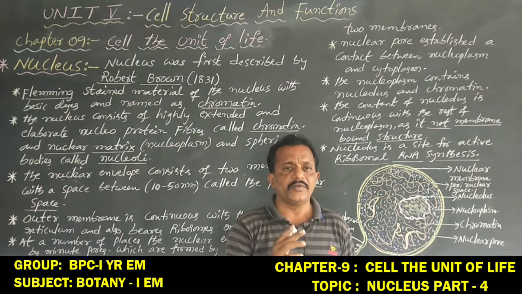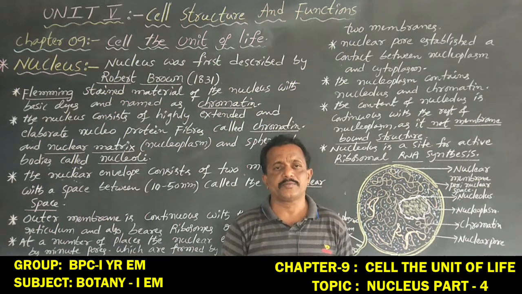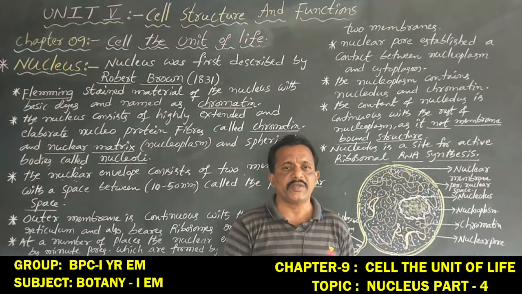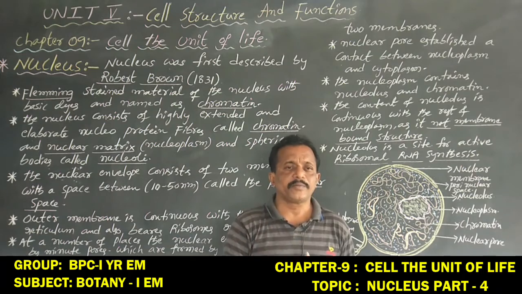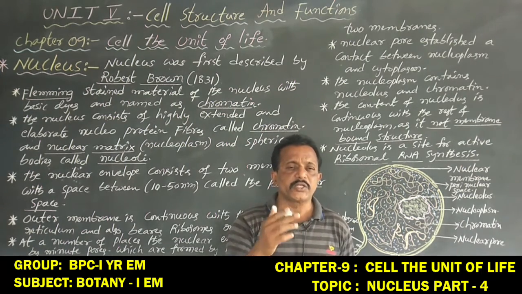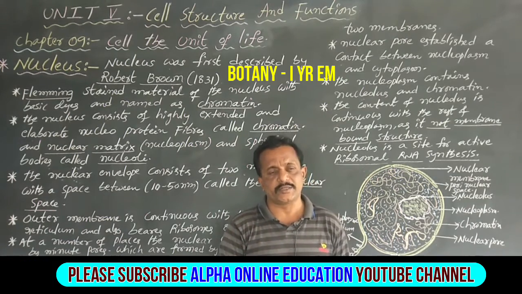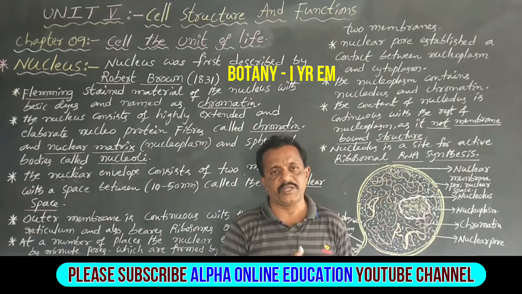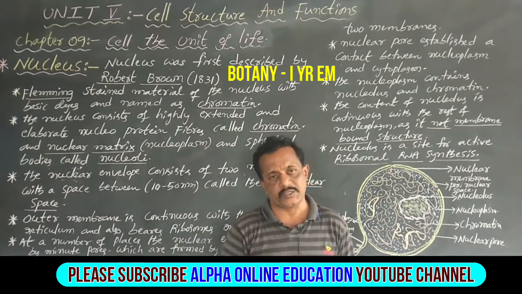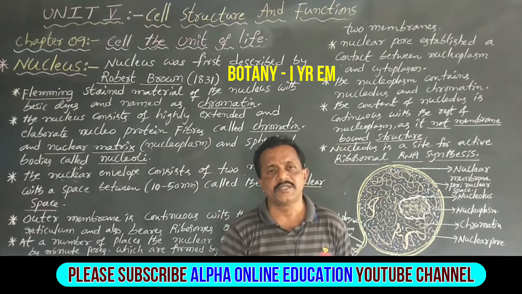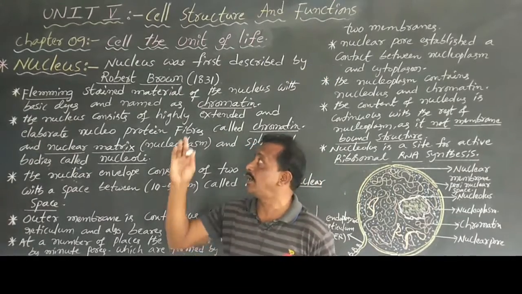Generally, all living cells have one nucleus or more than two nuclei. But especially in some living organisms, including erythrocytes of mammals and the sieve tubes of plant cells, a nucleus is not present in the maturity period. Totally, the nucleus is absent, and they are present only in cytoplasm. Okay, now this is about the nucleus.